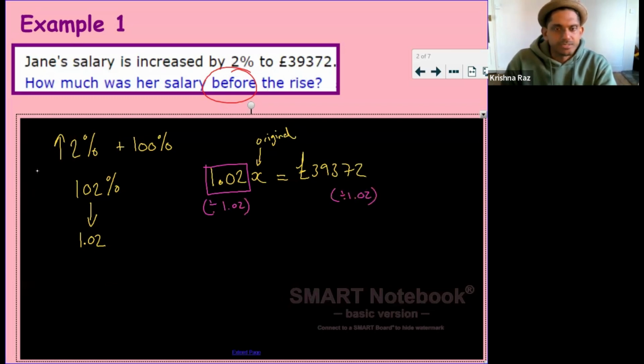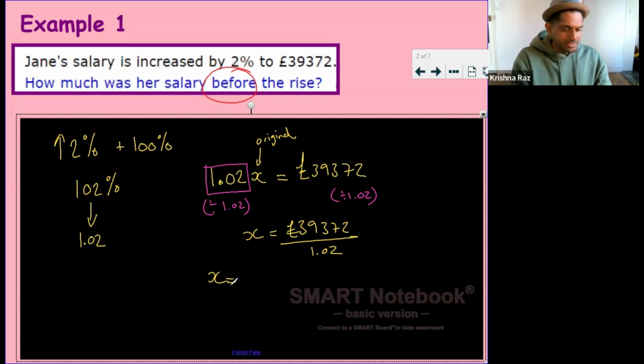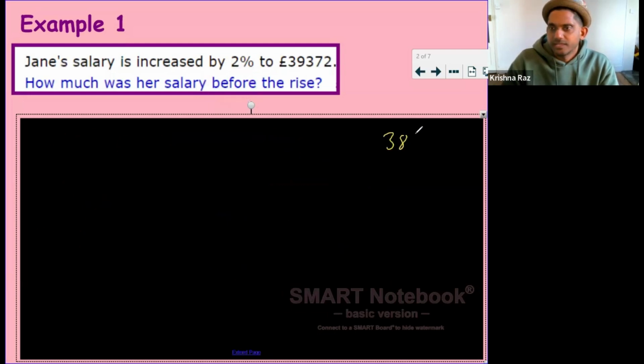So x is 39,372 divided by 1.02. And that is £38,600. So 38,600. Now, the common mistake